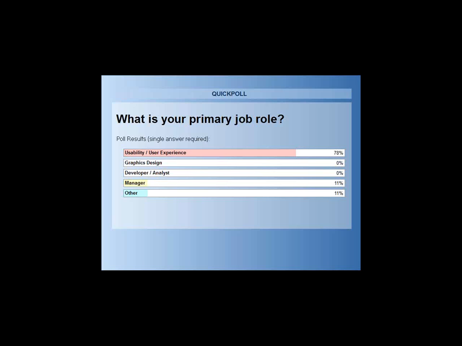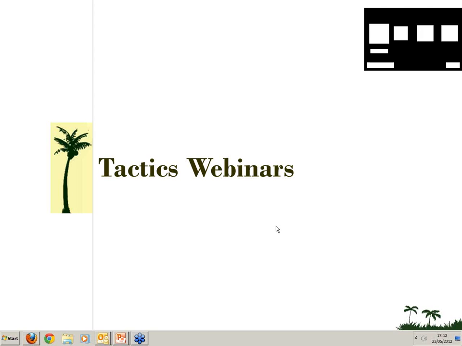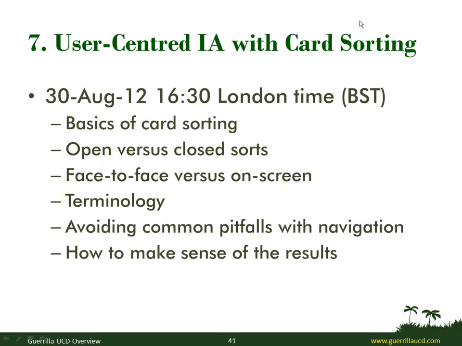Okay, let's move on with the slides. So we're moving into the tactics webinars now. These are a little bit more focused in terms of the processes actually involved. So this number 7 on the 30th of August is card sorting, and it's based on